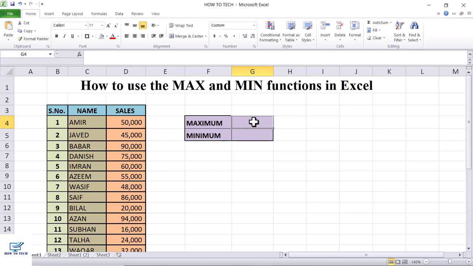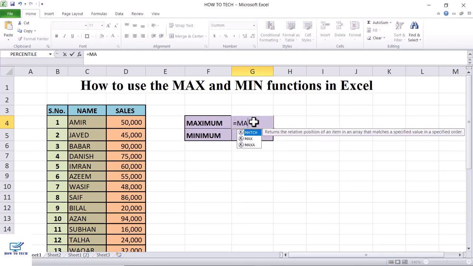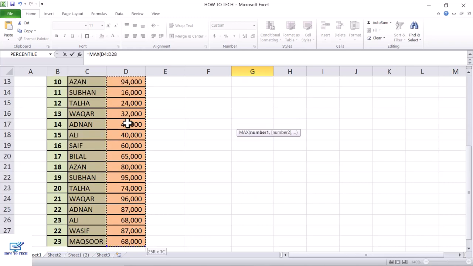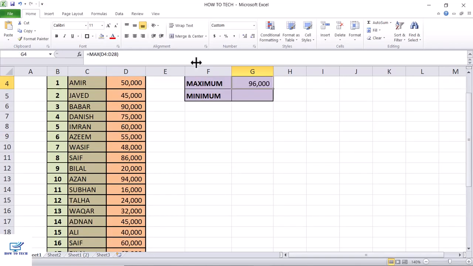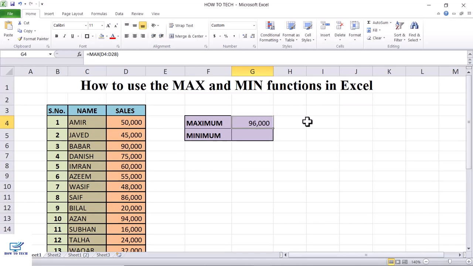To identify the maximum value, click in the box where you want to get this and then write equals MAX. Then press tab, select the values, and then press enter. So here you can see the maximum value is 96,000. Similarly, if you want to calculate the minimum value, write equals,